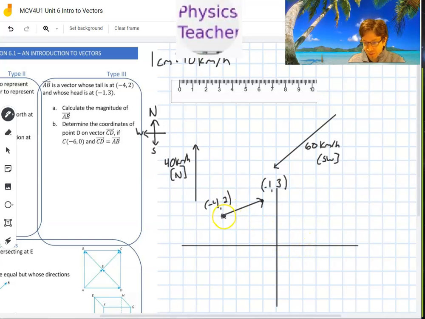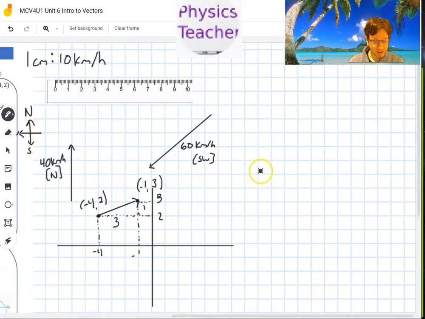But this one goes from here and here. So we can say this length here would be the difference between those numbers, which would be 3. And this length here would be the difference between these numbers, which would be 1. So if we wanted to find the magnitude, and I can write it out nice and properly here. Still messy though, because my writing looks terrible on this pen. We'll write the magnitude of vector AB